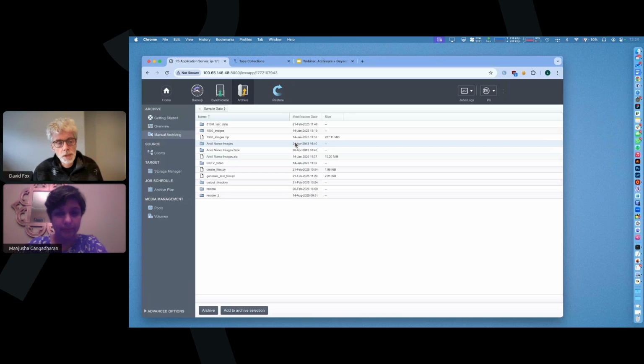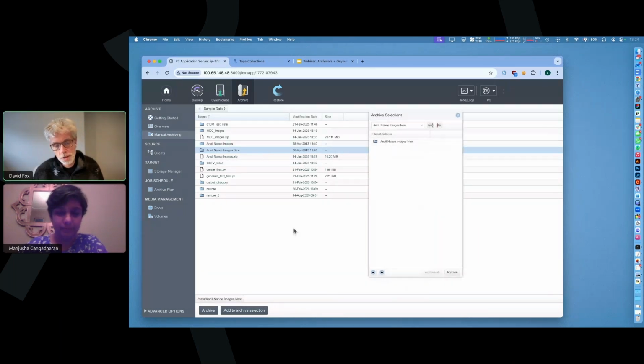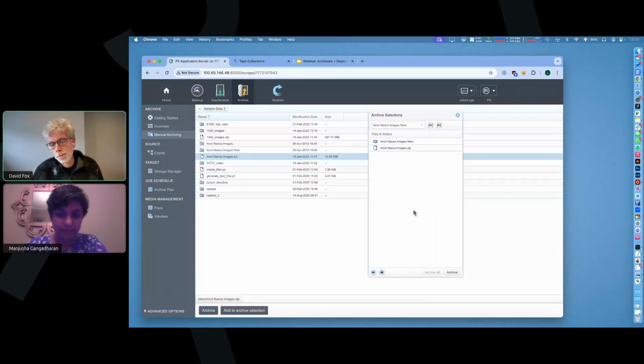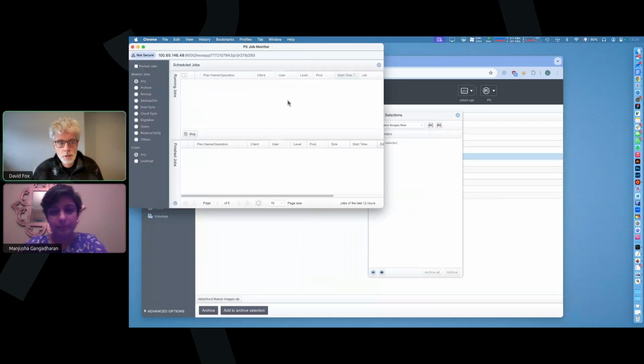So if I wanted to, for example, archive this images new folder, I could add that to a basket where I'm going to collect things that I want to archive. So I could maybe add the zip file in there as well. And once I'm happy that these are the things that I want to archive, I would click the archive button, make sure that I've got this pointing to my Geyser Data storage, start the job, and then directly within our